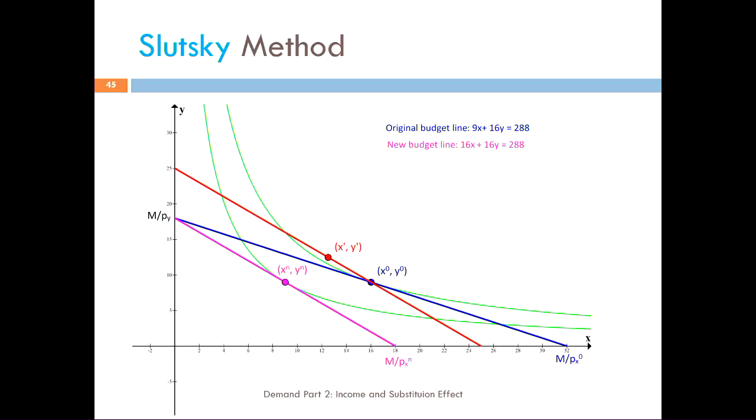So that's the substitution effect going from X naught to X prime, and then of course X prime to Xn, that's going to be the income effect, because it's just a parallel shift of the budget line. So it's just a change in income, no change in relative price. Okay? Now then,